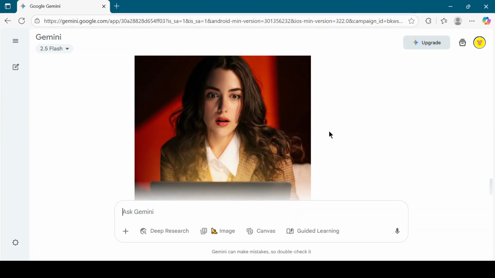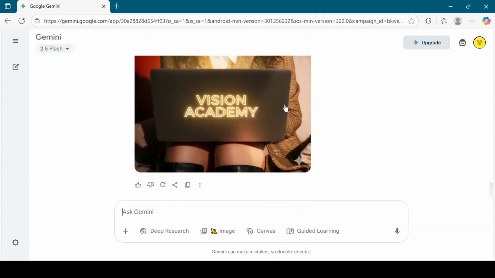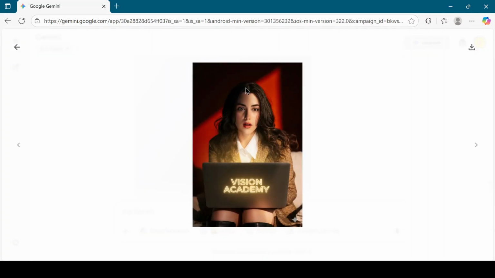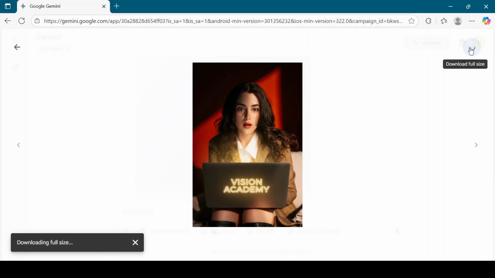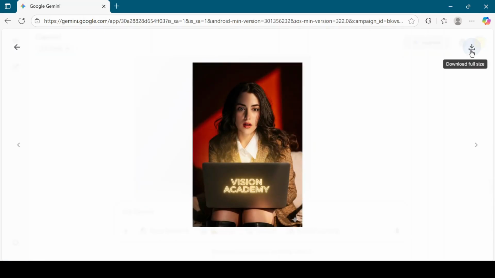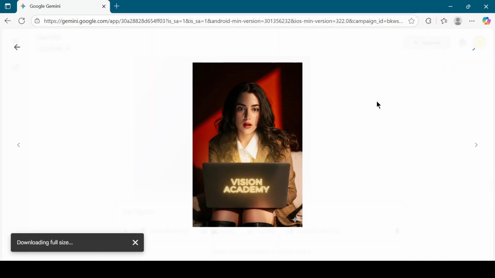These images can then be used for your videos, social media posts, or even for commercial projects depending on the usage rights. And that's it. This is how you can use Google Gemini AI image editor with the Gemini 2.5 Flash model to generate and edit images step by step. We explored everything from simple color changes and facial expressions, to accessories, background edits, combining multiple images, and creating cinematic